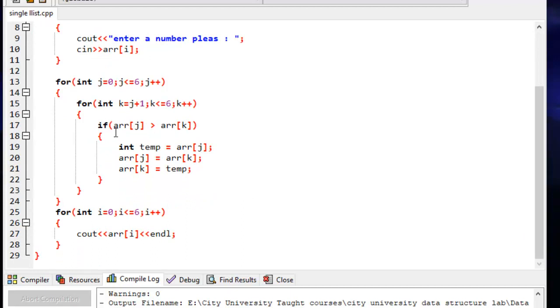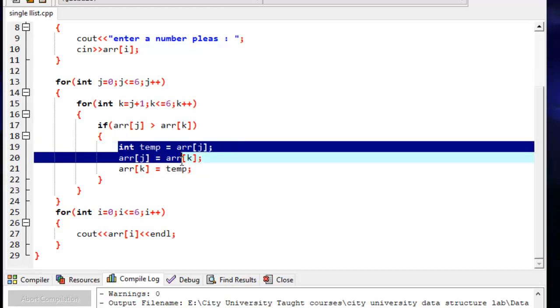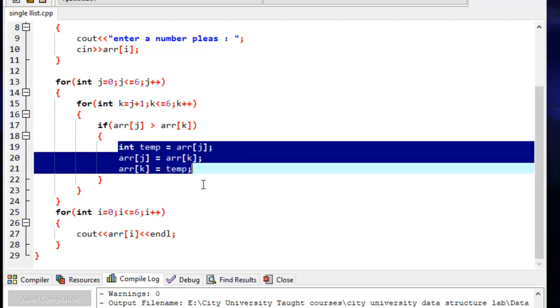Inside the second loop I have created a condition statement, an if that will check both of the values: whether the j value is greater than the k value. The j value is the first value and k is the next value after j in the array list. If this is true, the values will be swapped through these 3 lines of code.